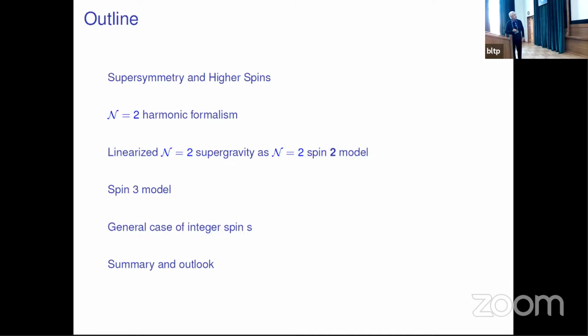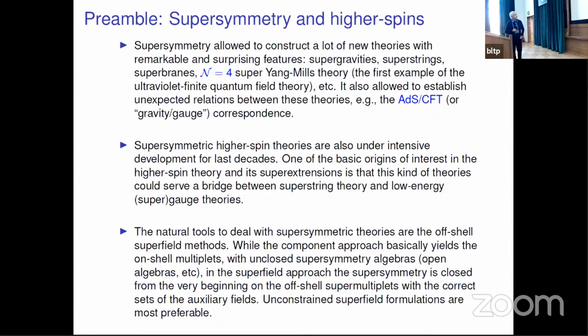So, supersymmetry and high spins. It is known more or less to the audience that supersymmetry is a very interesting and promising concept, which has a lot of achievements, namely using it such theories as supergravity, superstrings, N=4 super-Yang-Mills theory, the first example of an ultraviolet finite quantum field theory, were constructed, etc. And using it, many new concepts were discovered, for instance, this famous AdS/CFT correspondence. During the last decades, supersymmetric high-spin theories were also intensively developed. And why it is interesting to